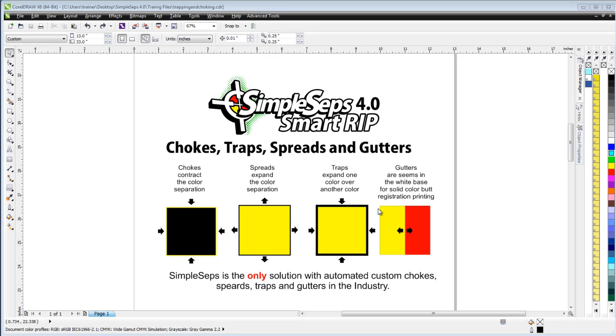Chokes, traps, spreads, and gutters. And this is one of our big updates in SimpleSeps SmartRIP 4.0. Actually, I believe SimpleSeps is the only solution with automated custom chokes, spreads, traps, and gutters in the screen printing industry at this point in time. This is really one of the things we wanted to put together to really help with the automation of the different things that we like to do with our separations